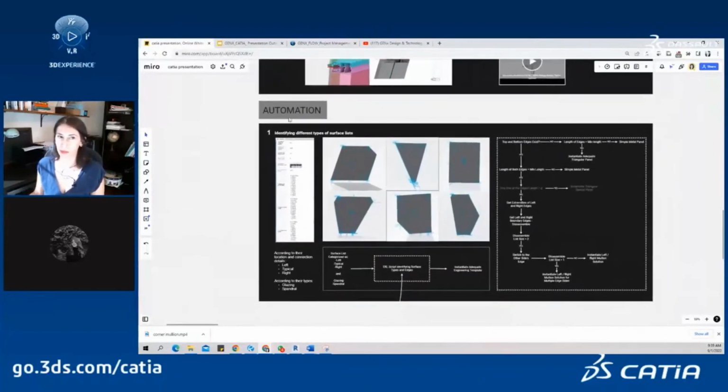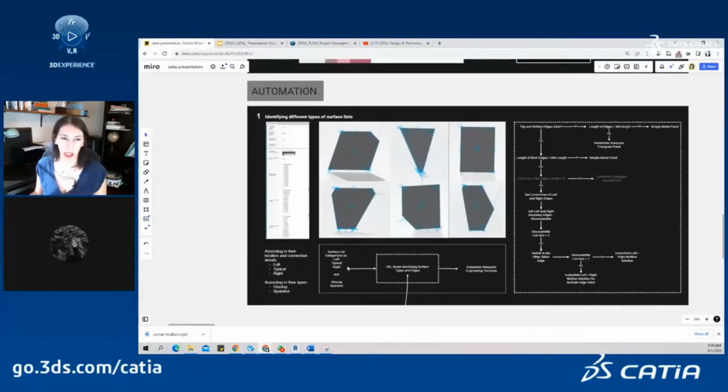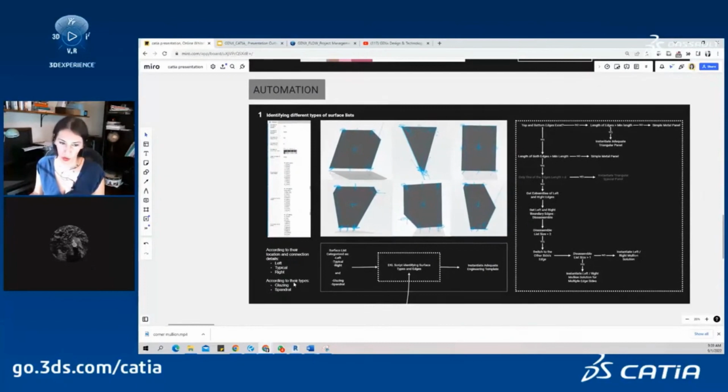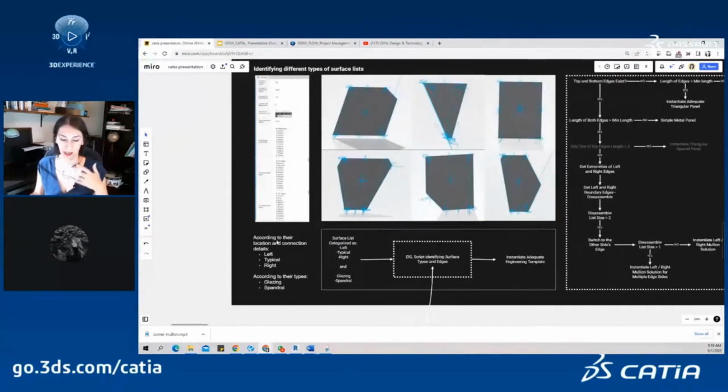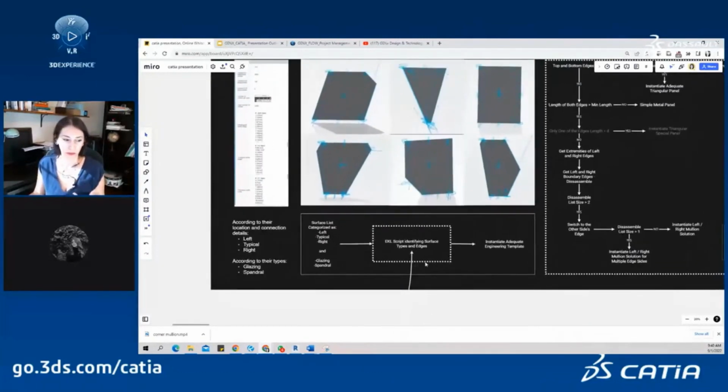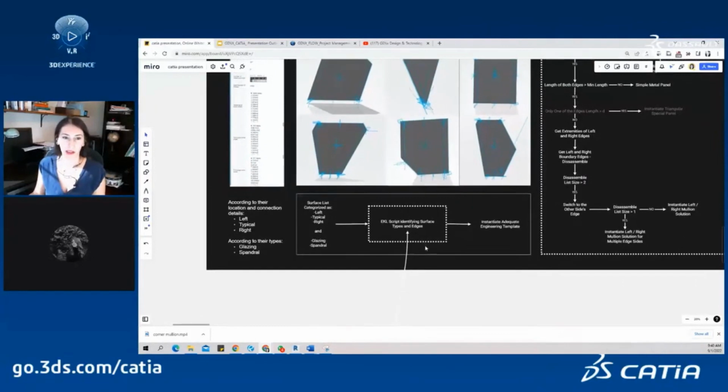Here, I'm going to try to explain the automation. This is a little complicated in the sense that it has been a while since we did this project, so hopefully I will remember enough to explain it correctly. But basically, I mentioned that we organized and listed the panel surfaces as per left, typical, right. Those are the most occurring panel types. And then we divide them into a second level of glazing and spandrel because they have different panels, basically. And then here we are using the